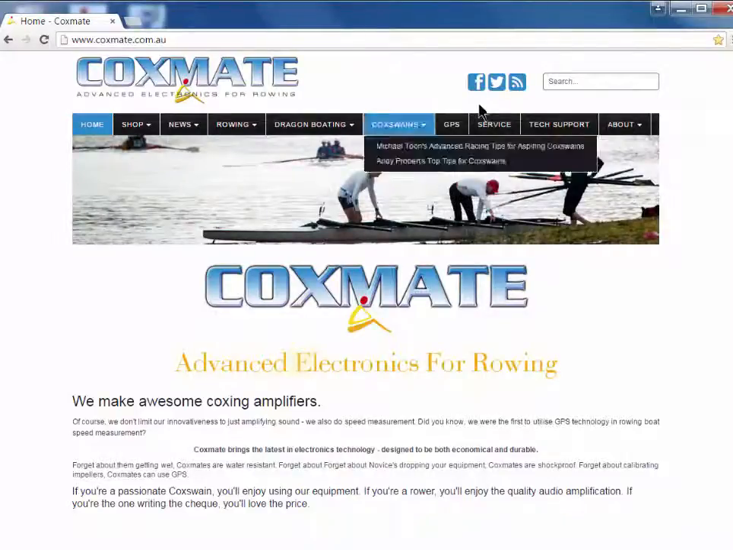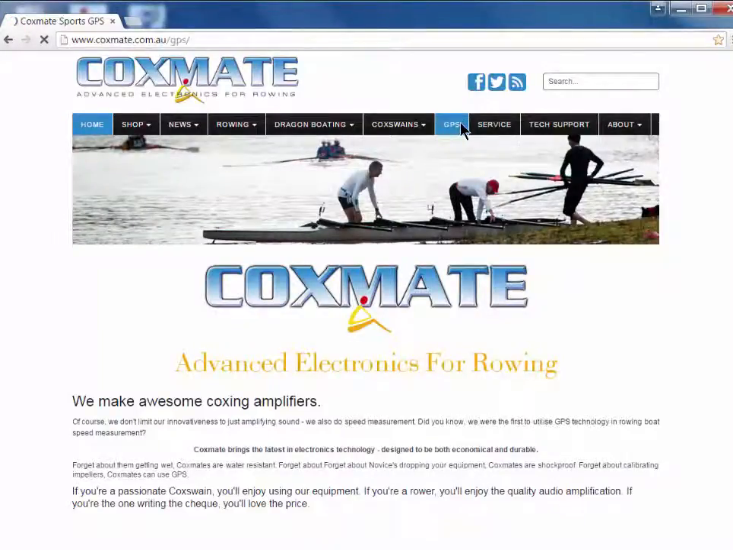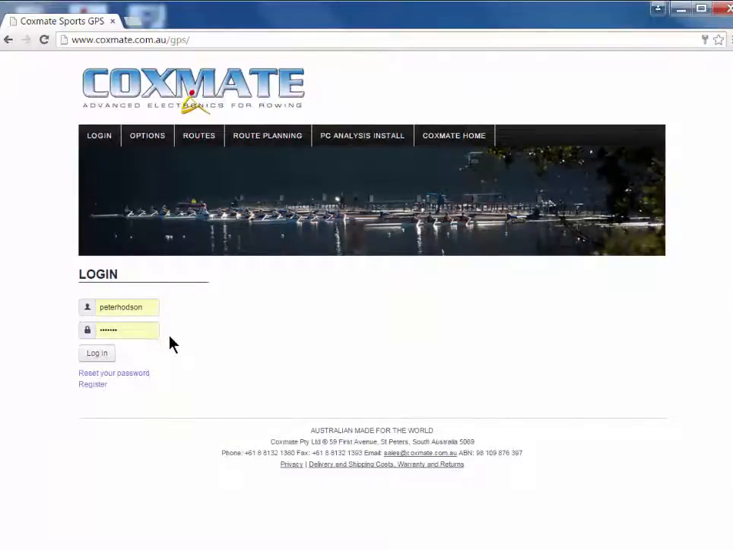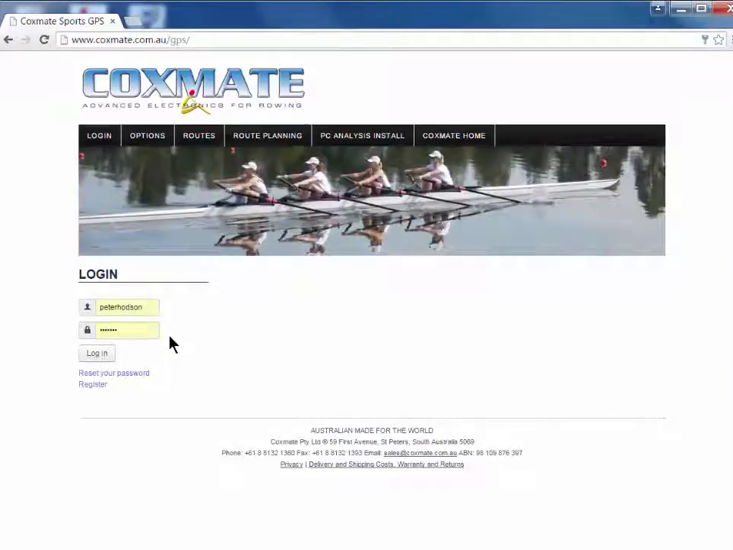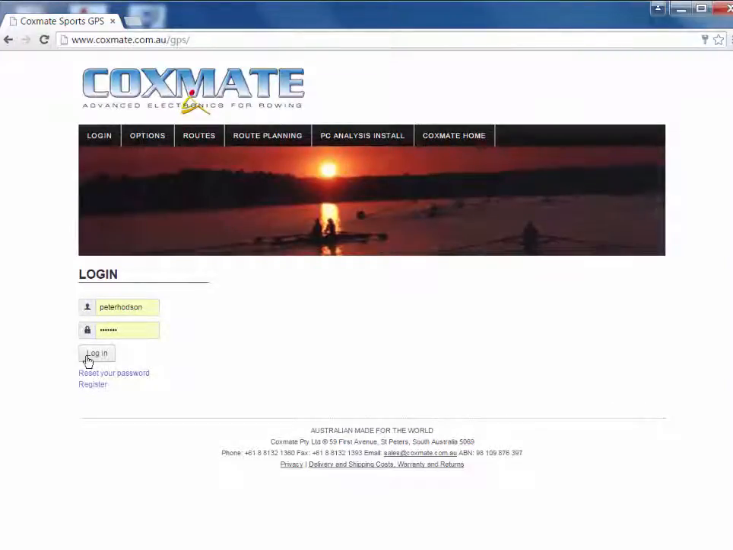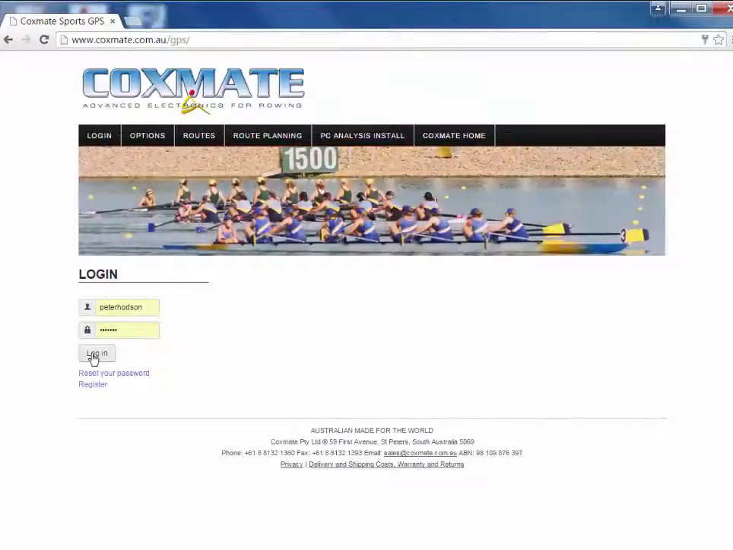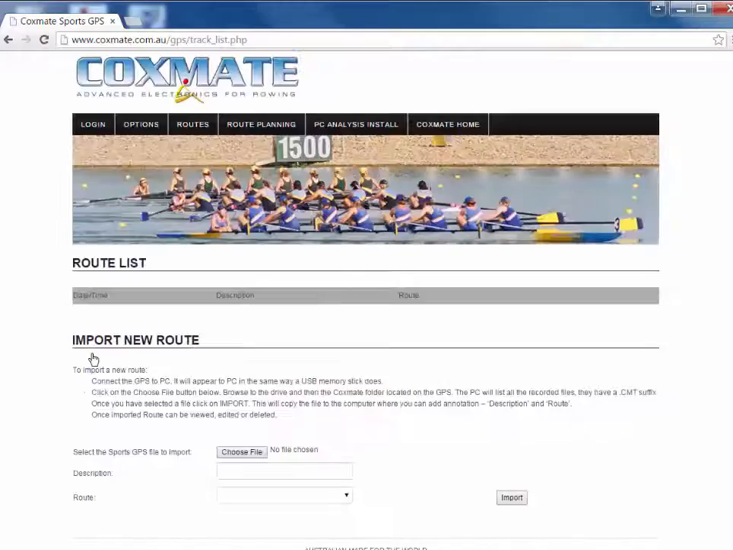So the first thing we do is go to the Coxmate website and we click on GPS. To get into this part of the program, there's a login that may or may not be the same as your login for your purchases. So I've entered my username and my password, so we log in. Now, this gives you a few options at the top, including routes and route planning. So if we go to route planning,